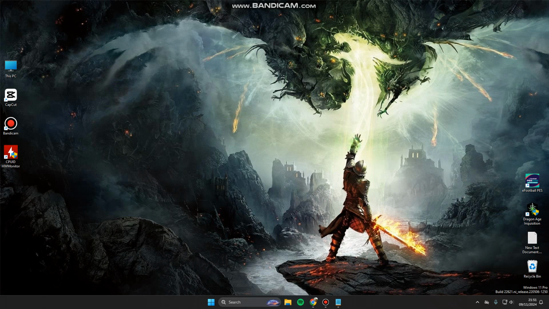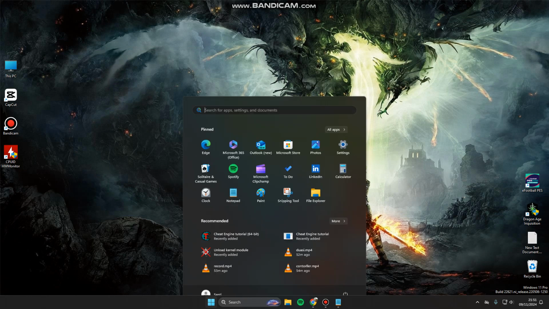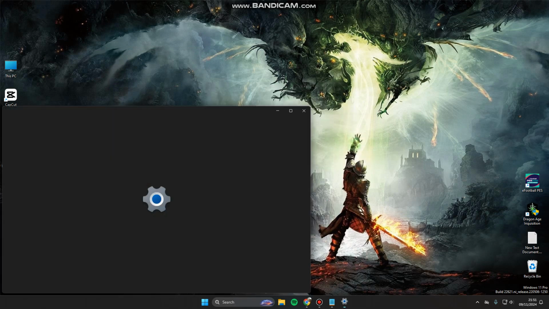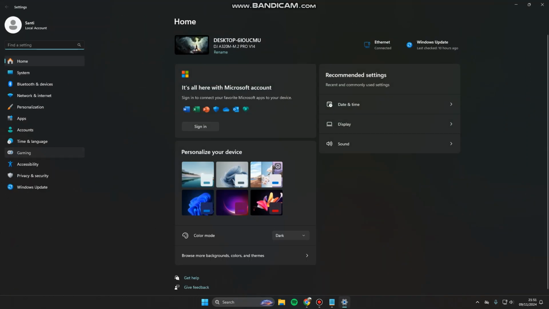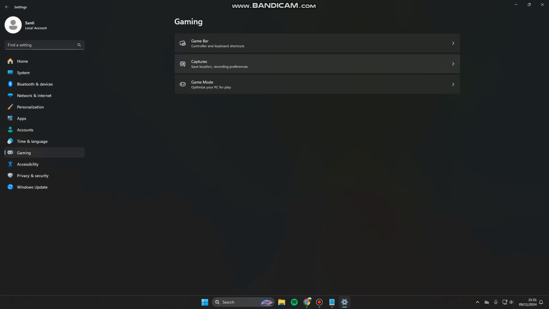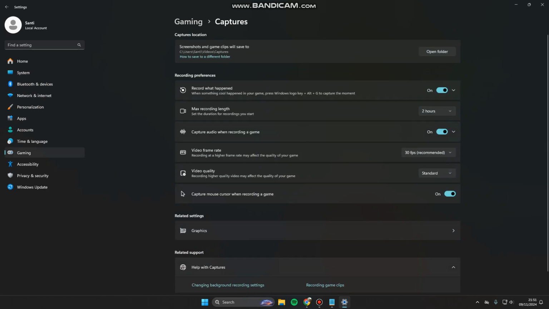So you can try to adjust it by clicking on the Windows Start icon and going to Settings. Now you can click Gaming. Next, you can click Captures. As you can see, these are the Game Bar settings, Captures, for recording settings, like recording preferences that you can